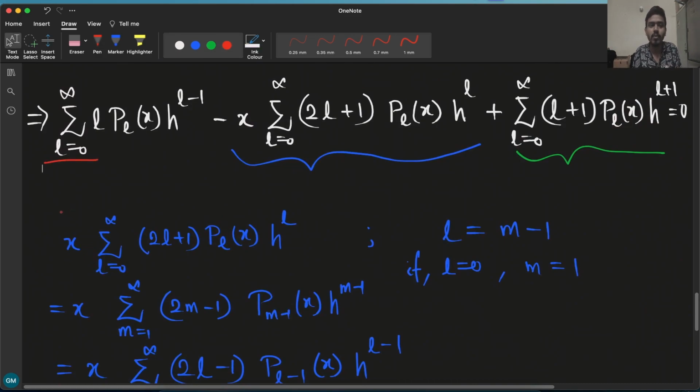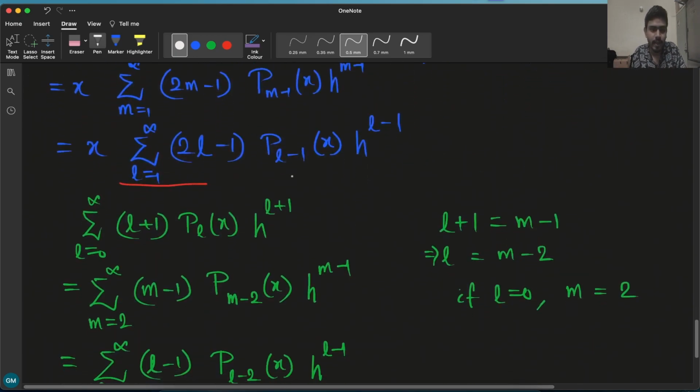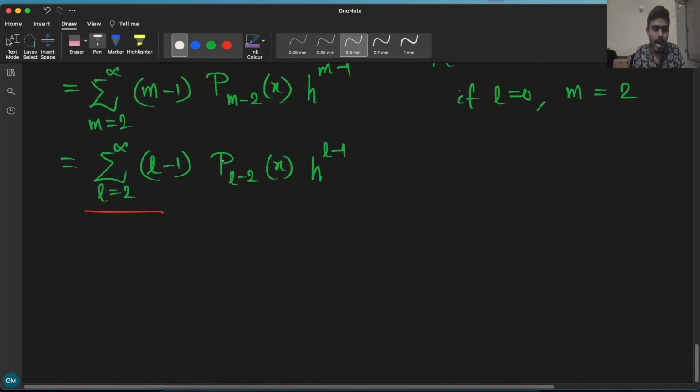So we still cannot put them together, but if you notice closely, if I put l equals 0 for this term, the l equals 0 term is basically 0, because there is an l factor sitting here. So instead of starting from l equals 0, I can start from l equals 1. That will not change anything, right? And this blue underlined term is already starting from l equals 1, right? And this green term,